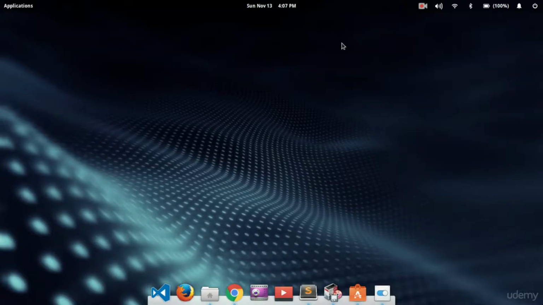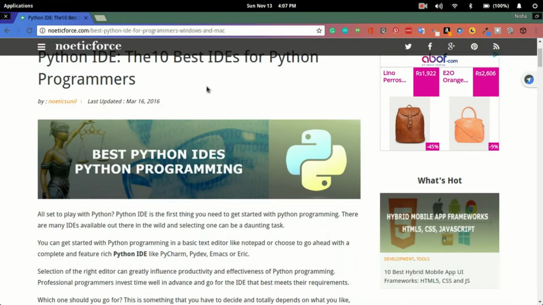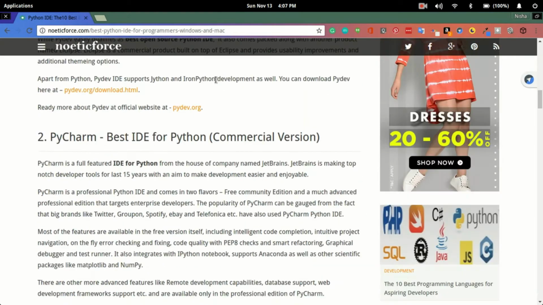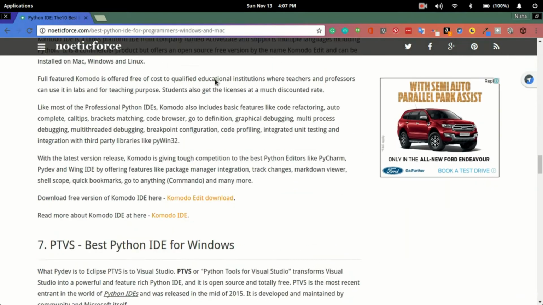Hi everyone, let's get started. But before diving into Python programming, let's decide which IDE we will use for coding. There are several IDEs like NetBeans, PyCharm, Jupyter, Sublime, Visual Studio Code, etc. So let's select one from the 10 best IDEs for Python programmers. And I'm going to select the ninth one,